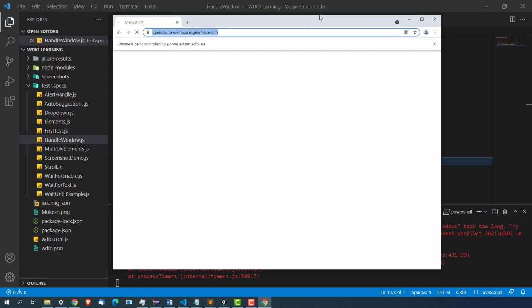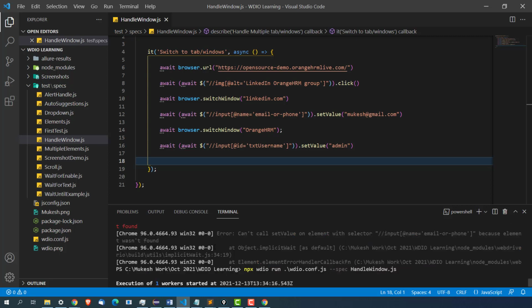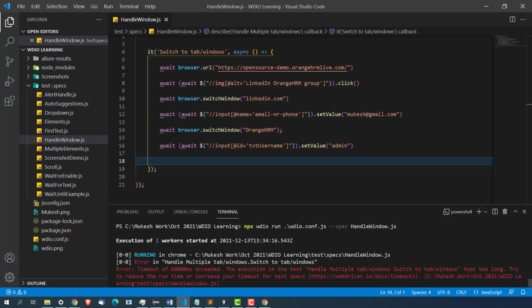Okay, so as you can see, the test has failed, because it's taking so much time to load, and this we have discussed earlier, right? That by default WebdriverIO will wait 60 seconds. You can see timeout of 60000 millisecond exceeded. Execution of the test took too long.